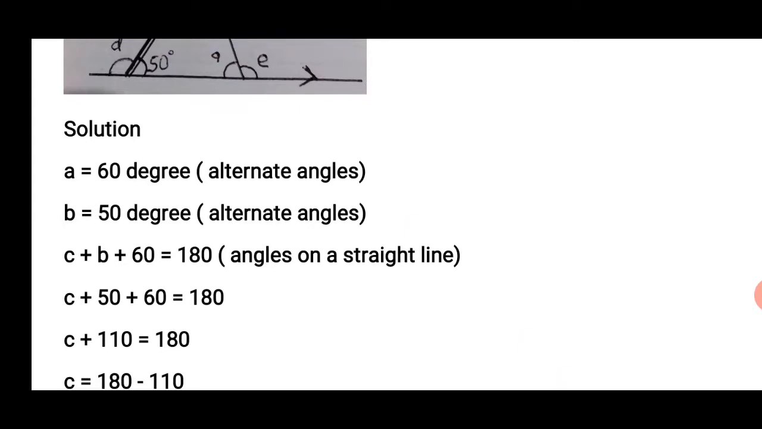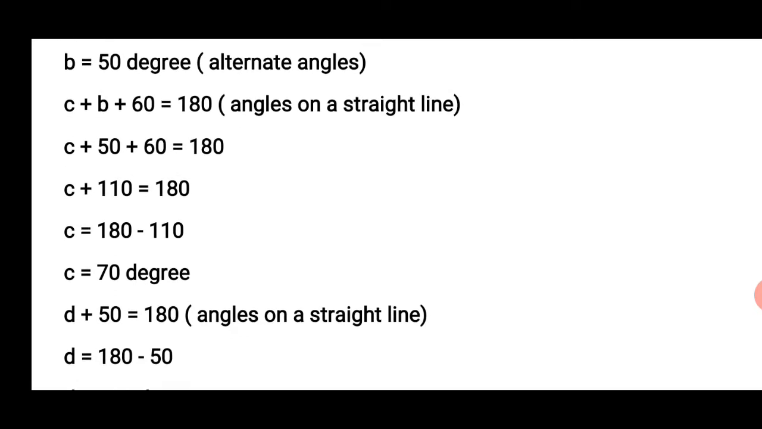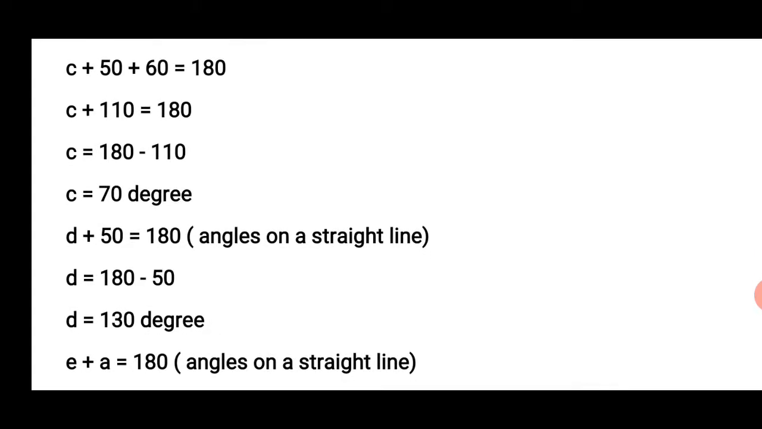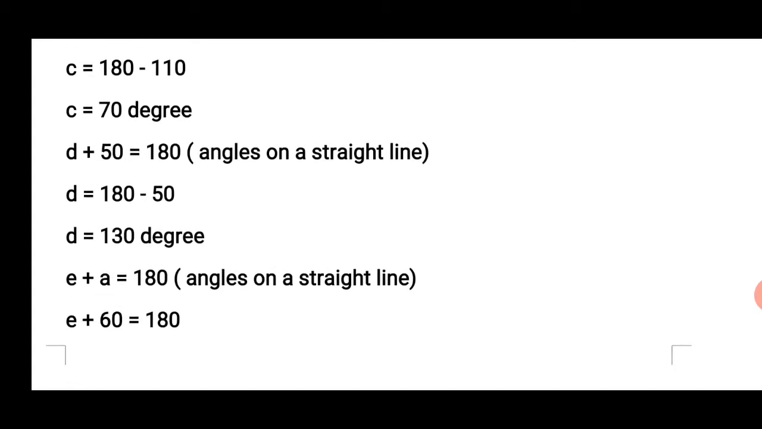Since we have known B to be 50, we substitute for B. Then we have C plus 50 plus 60 is equal to 180. Then when we add 50 and 60, we get 110. So C plus 110 is equal to 180. Now carry 110 to the other side of the equation. It becomes negative. So C will now become 180 minus 110. So our C is equal to 70 degrees. Now to find angle D,